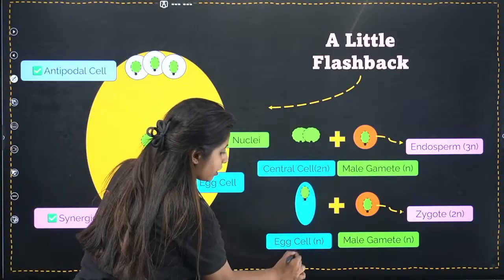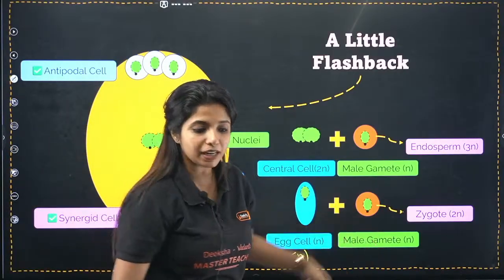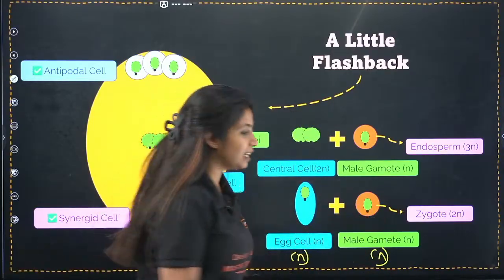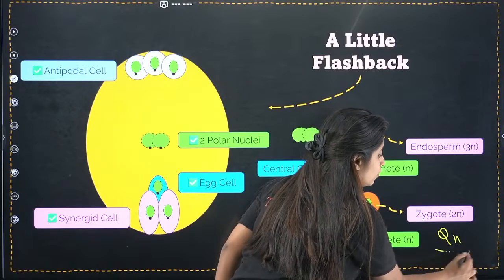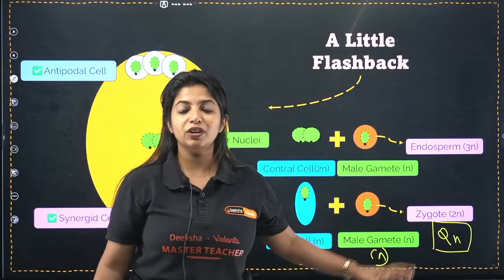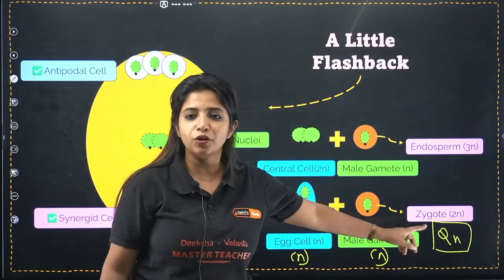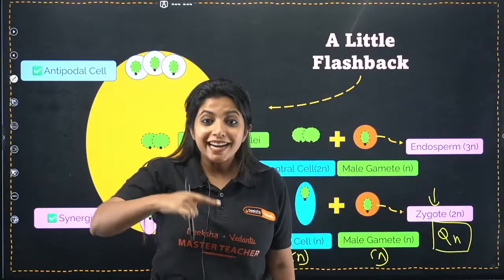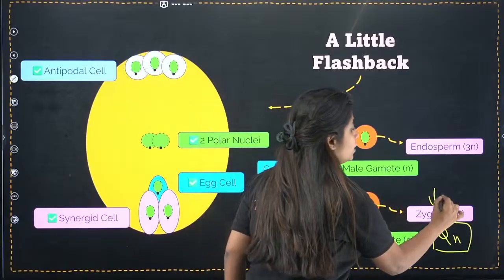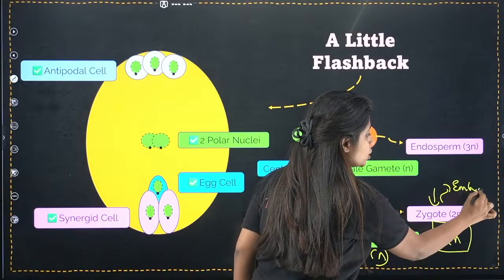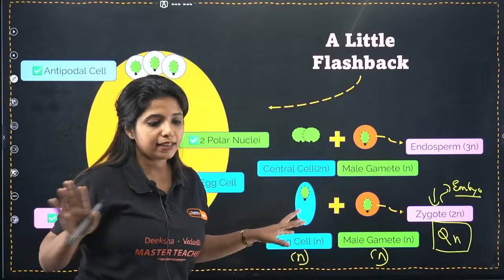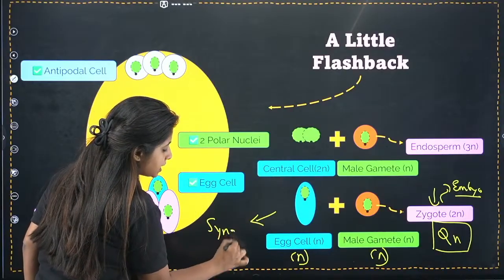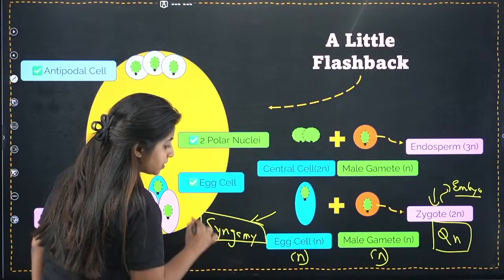Your egg cell had the haploid number of chromosomes. The male gamete also has the haploid number of chromosomes. N and N come together to form what? N and N, ma'am, everyone knows, even though we are not that great in mathematics, we know that it is 2N, and that is the ploidy of what? Your zygote. Zygote is a single cell. This zygote later divides to form what? It divides to form an embryo. So first fertilization is done over here. What do you call this fusion? You call this fusion syngamy.